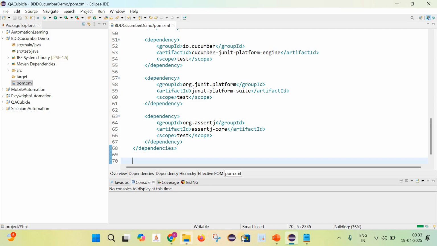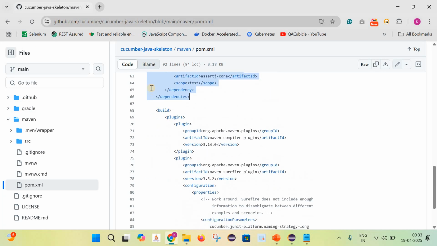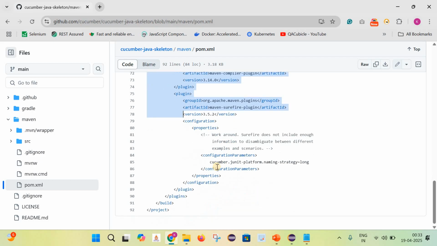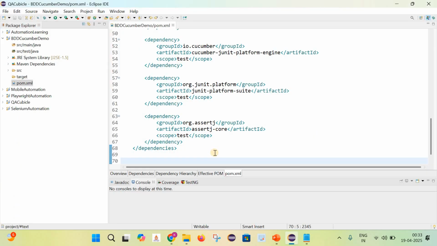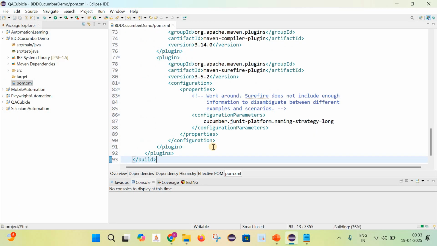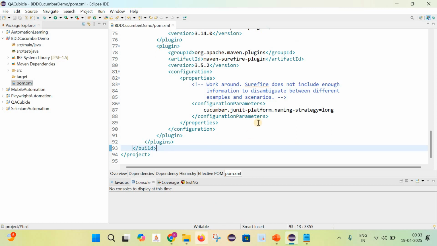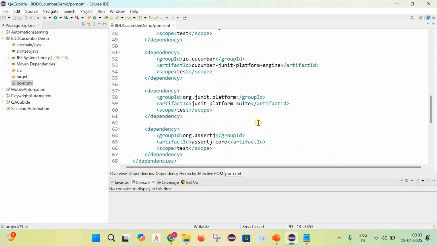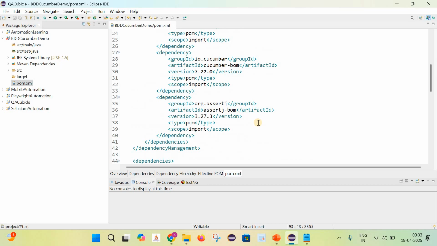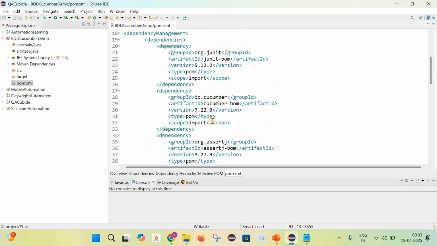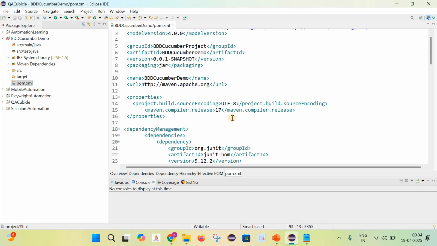And in the last, we need to add this build section. So just copy all the items from this build section and paste them inside the pom.xml file. So here you can see that we are using the latest version of Cucumber, 7.22.0.